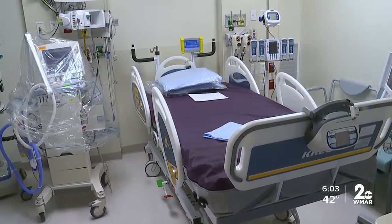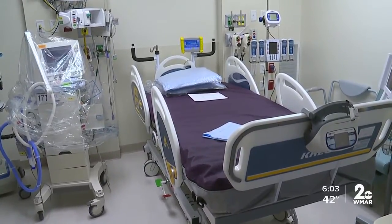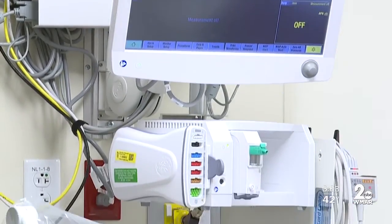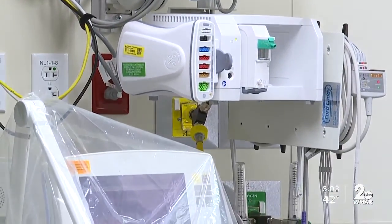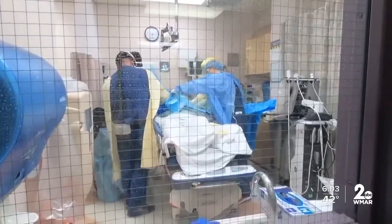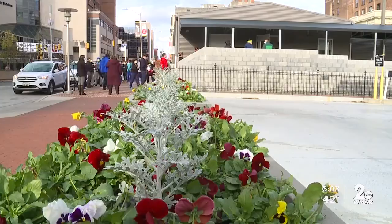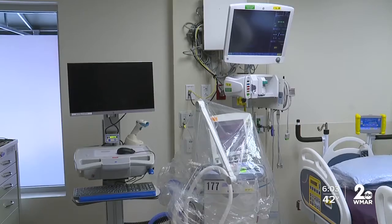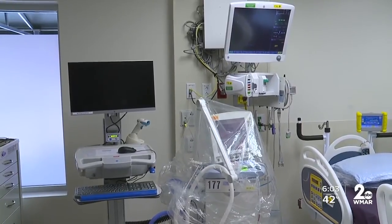The extra beds will add to the University of Maryland Medical Center's existing inventory of 160 ICU beds. They aren't at capacity yet, but they are feeling the impacts of the surge in cases we're seeing nationwide. Really, this unit is coming on board and going live at exactly the right time. From concept to building and opening for operations on Wednesday, it took only 5 months, done in partnership with the